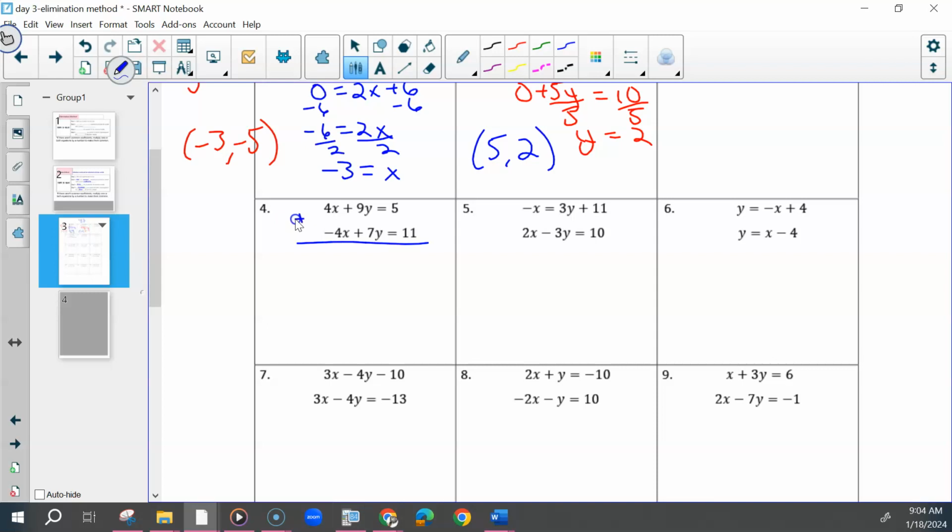Also, in general, if the signs are the same, if they're both positive or both negative, subtract. If the signs are different, add. So if we add these together, we know that's going to eliminate, become 0. 9 plus 7 would give us 16y. 5 plus 11 would also give us 16. So that y is